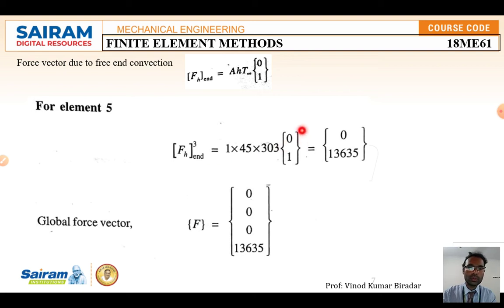Now the global force vector is equal to what? This is node number only 2 and 3, but we have the 4 by 4 matrix. So the global force vector is, with temperatures T1, T2, T3, equal to 0. You have to substitute these values. This is node numbering 2, 3; 1, 2 is absent, so let us assume this is 0, 0. Now you have calculated the global force vector, the force vector due to the free end convection.